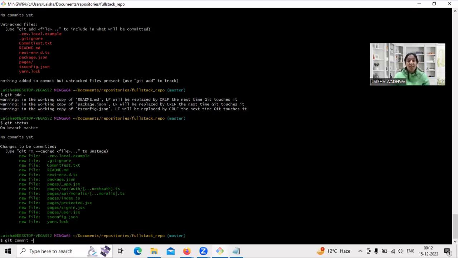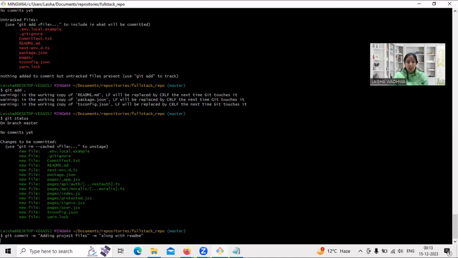Are those changes related to a particular feature? What are we doing? So make this message really meaningful. -m is the option for us to add a new message. We say "adding project files." In case you miss something, you can also add another commit message along with README, and we can go ahead